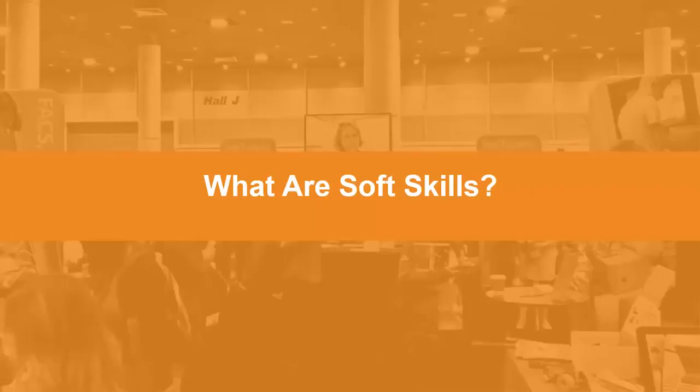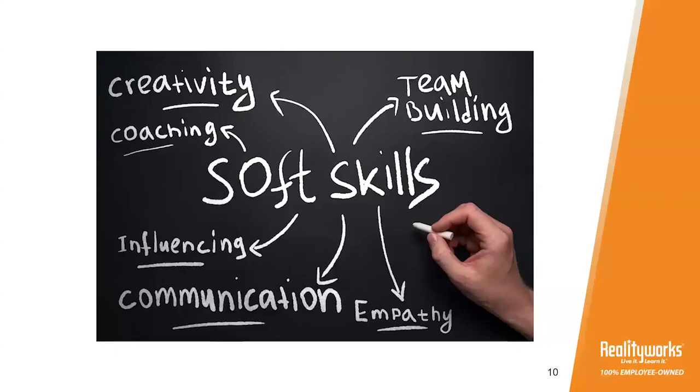So now let's address soft skills. What are soft skills? Well, soft skills are also known as a variety of terms: employability skills, job readiness skills, emotional intelligence. There are many phrases used to describe them, but they all mean one thing. They're the personal attributes that enable someone to interact effectively and harmoniously with other people. They're considered the bedside manner of the workplace.